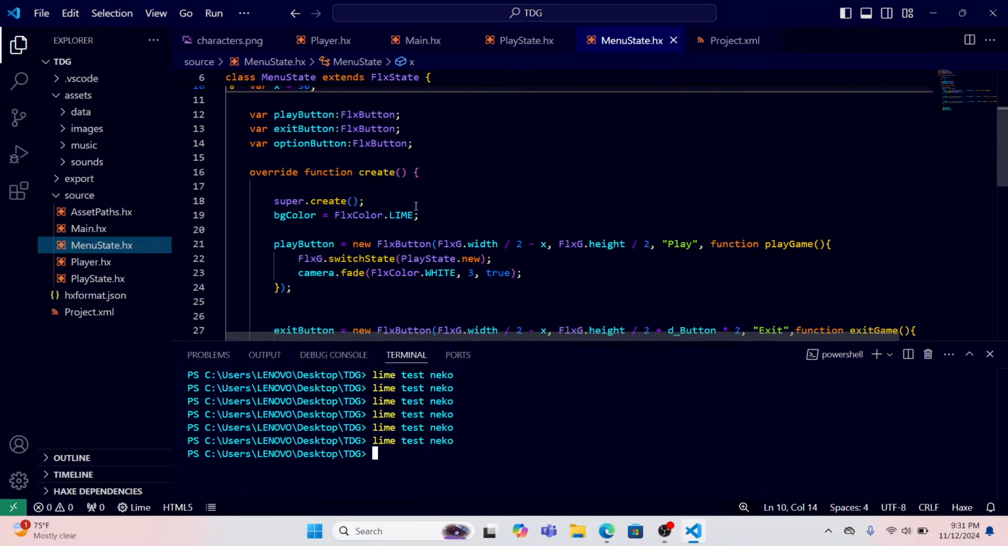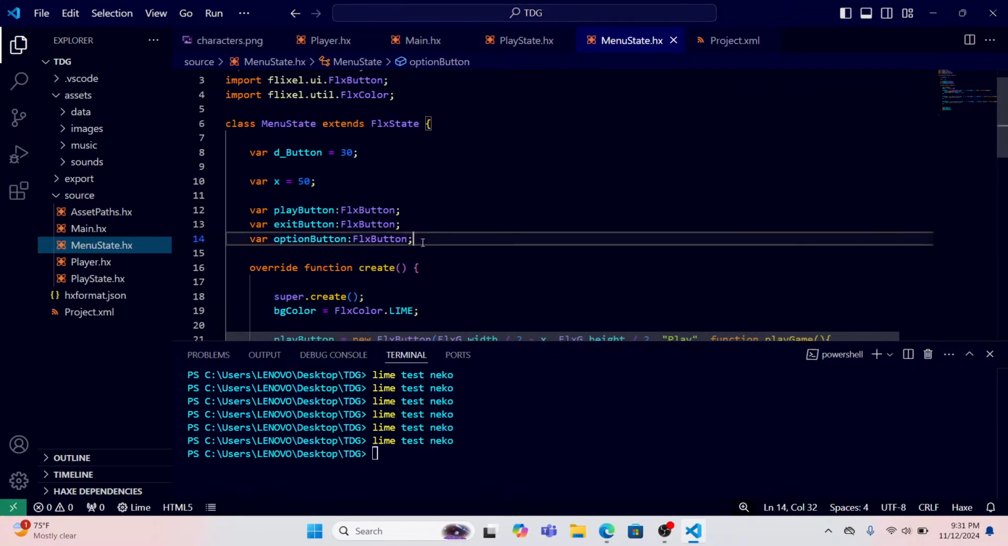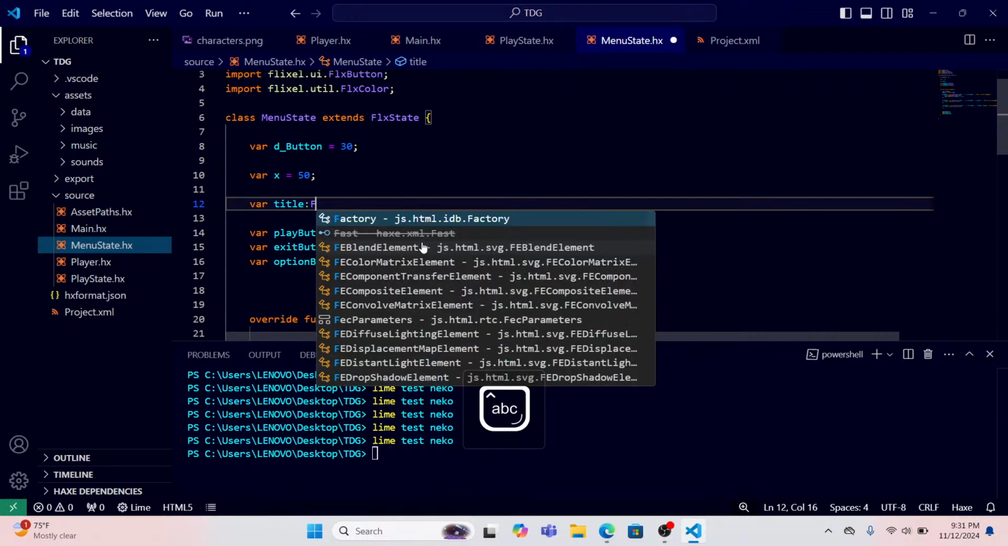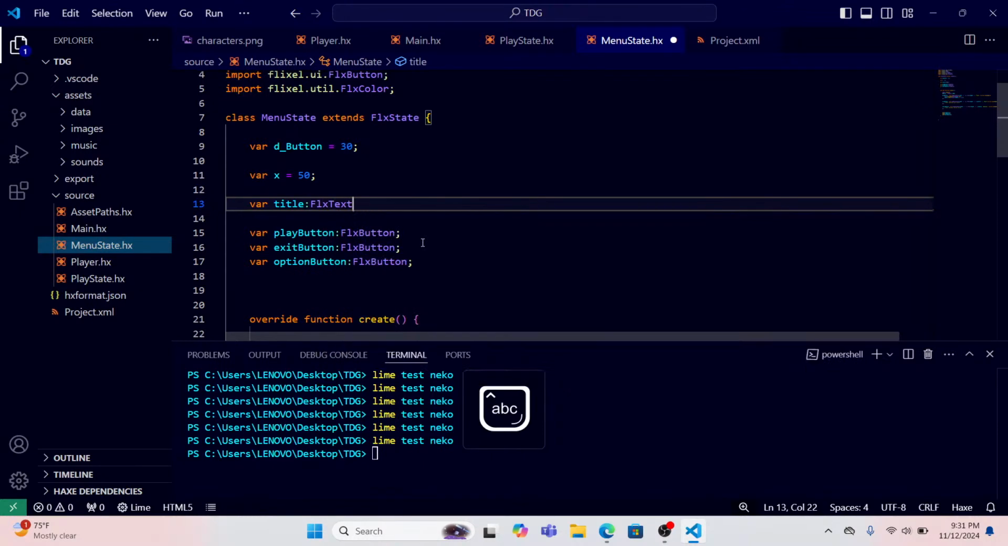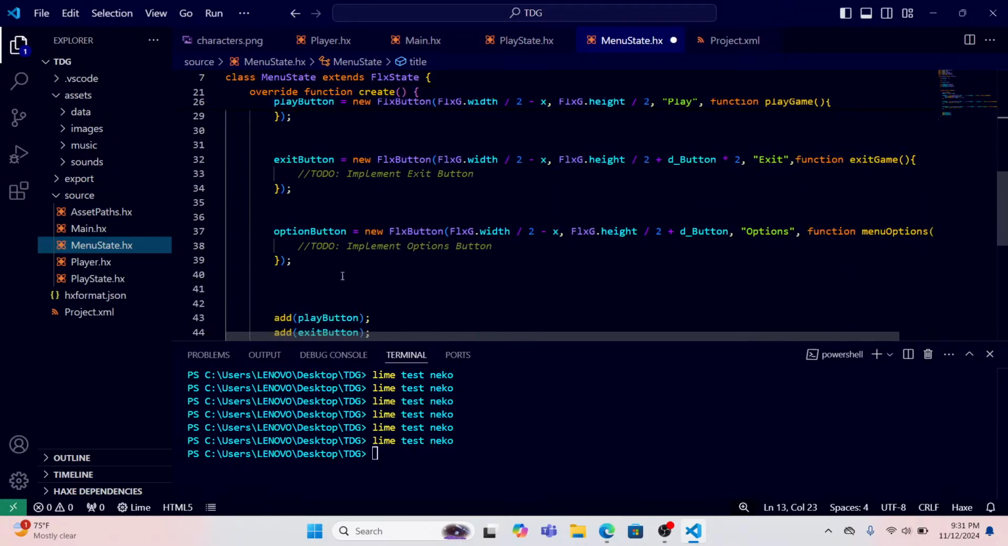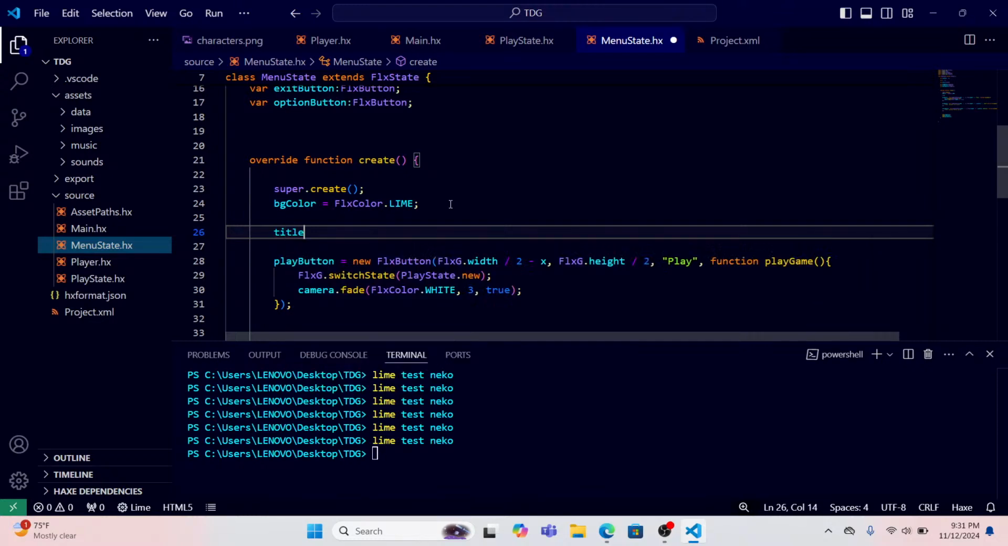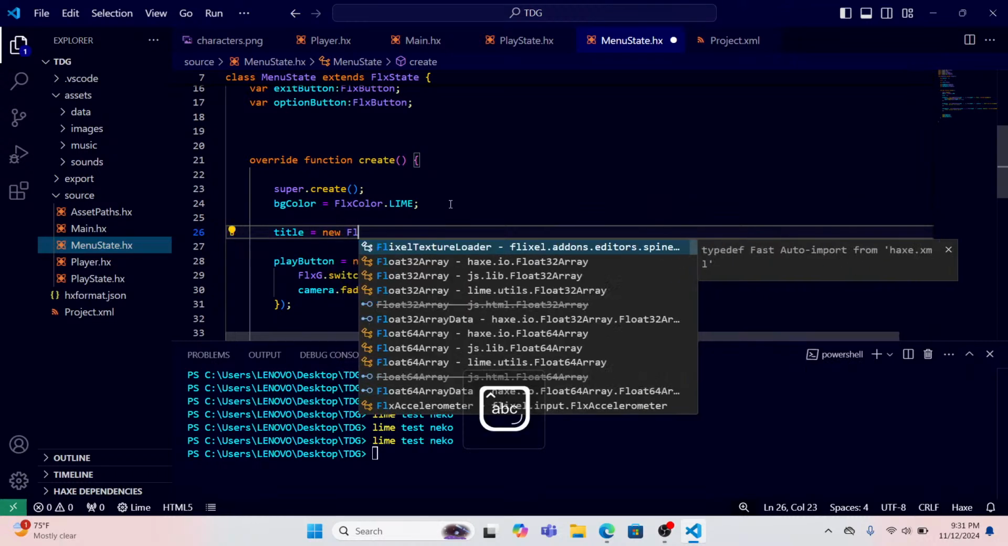And then let us put some text. What is our game, right? Put it above the buttons here. Variable, the name of our game, right? Or title. Variable title type flex text, right? And then let's go above here. Title is equal to new flex text,